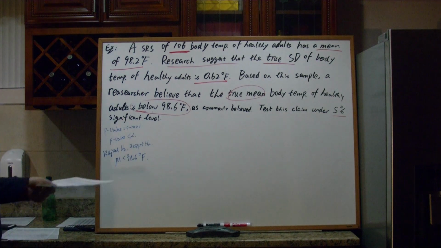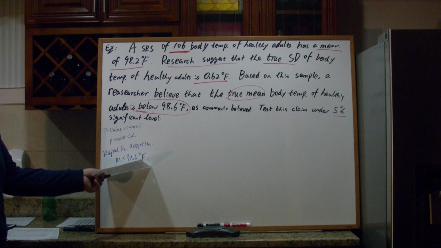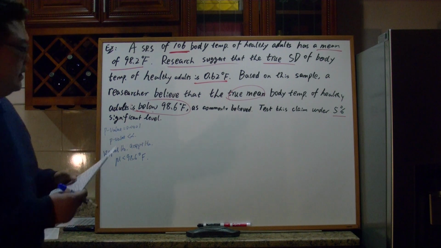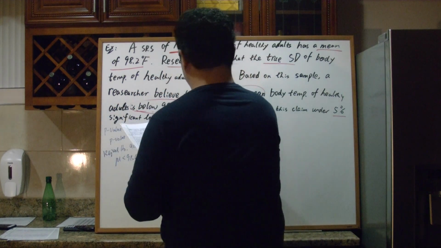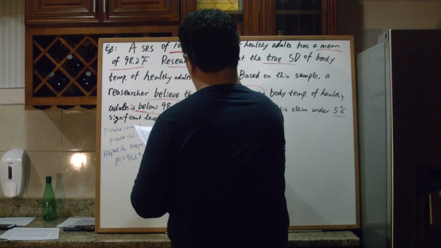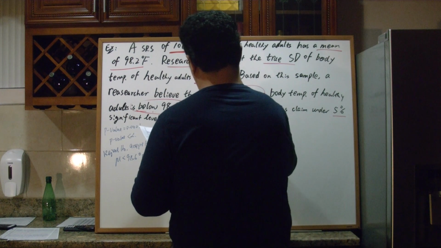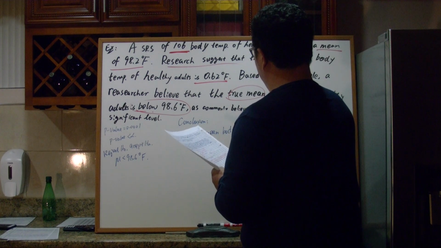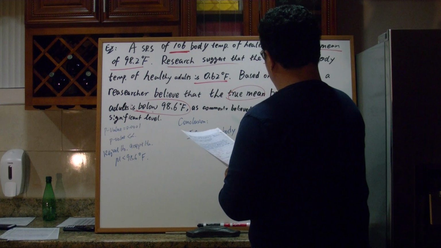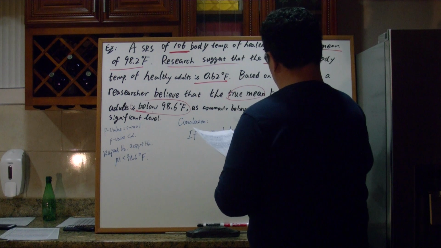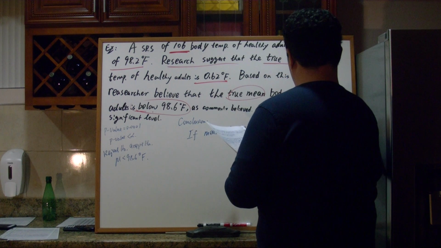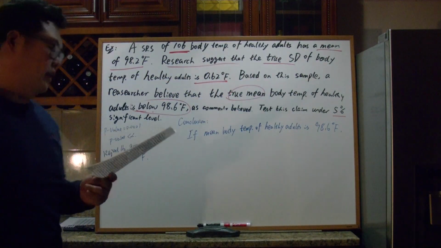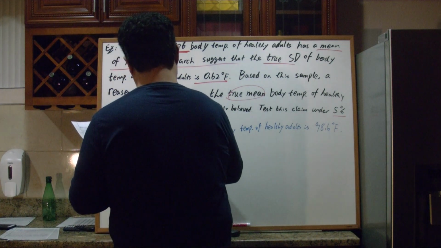We don't know what the true body temperature is, but from the hypothesis testing, we could claim that the population mean body temperature is below 98.6 degrees Fahrenheit. So what does that mean? Conclusion. We're making an assumption. This fourth step is based on the assumption that the true population mean body temperature of healthy adults is 98.6 degrees Fahrenheit, then the probability